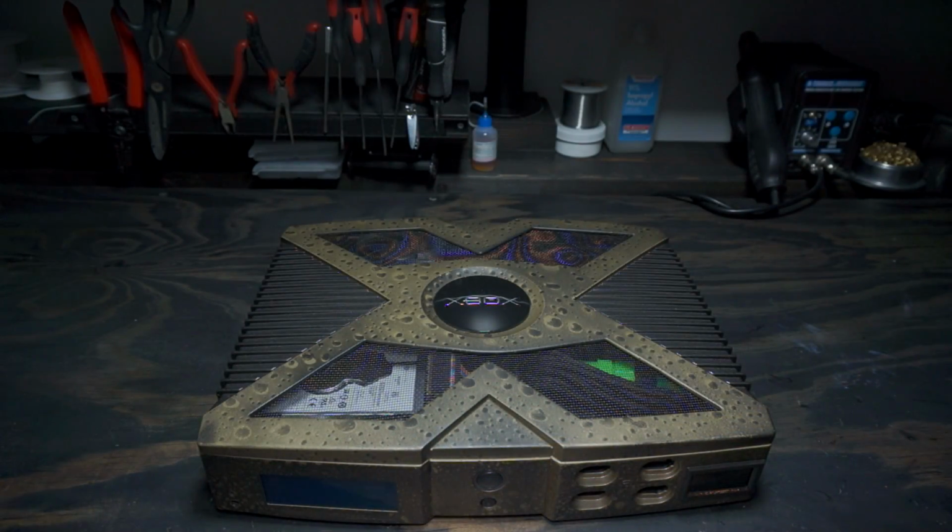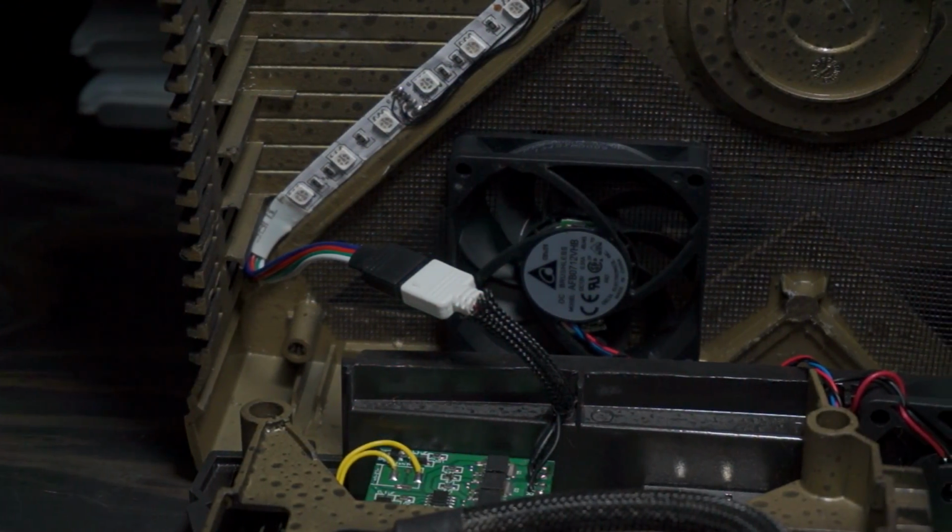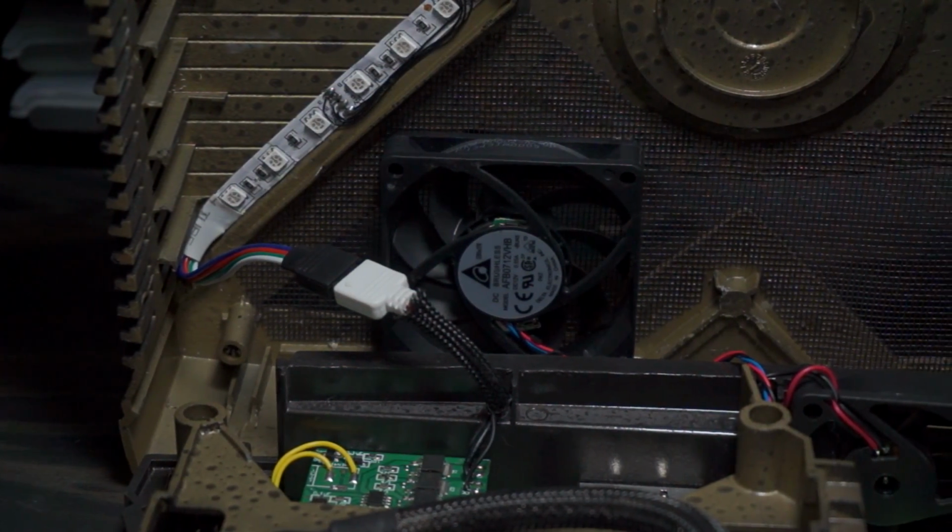So let's open this up. The top is almost friction fit. It takes a bit of effort to remove. I still need to go to the store and pick up some appropriately sized wood screws, but I keep forgetting. With the top off, you will see the fan I was talking about and how my RGB LED strips are connected. I just used and modified this little connector that comes with them originally, then the fan is just plugged